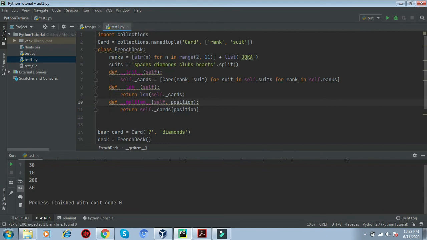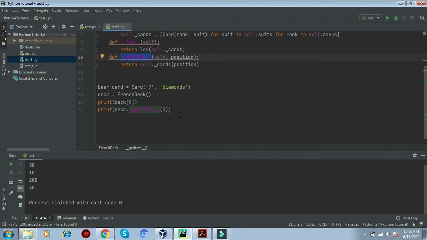This is one more example about special functions. When we access an item using a particular index, the __getitem__ special method is called over here.